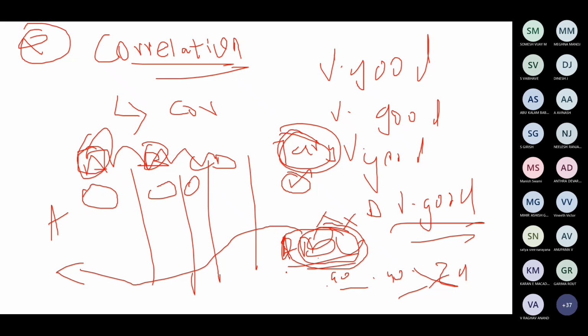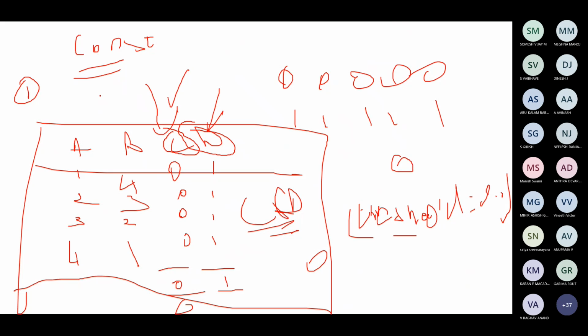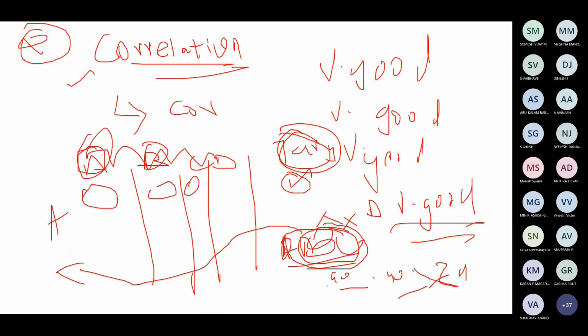So there is a duplication because all three are providing the same variance, or the same contribution to the target variable. So why keep the same contribution to the target variable? You can remove either one of the features and take A and D, and the target variable alone. This is with respect to correlation. The first one is with respect to removing constant features with the help of variance. The second one is with respect to correlation value.